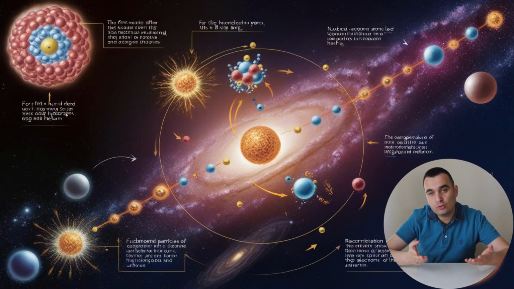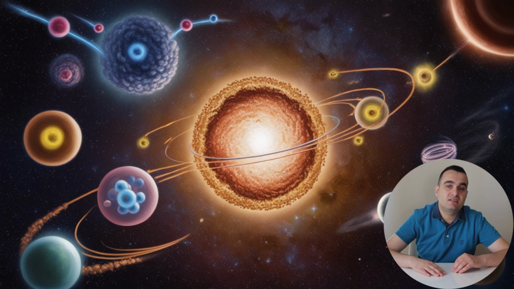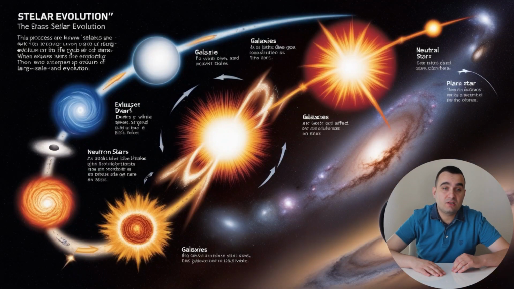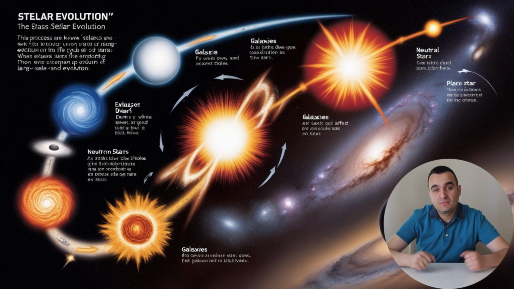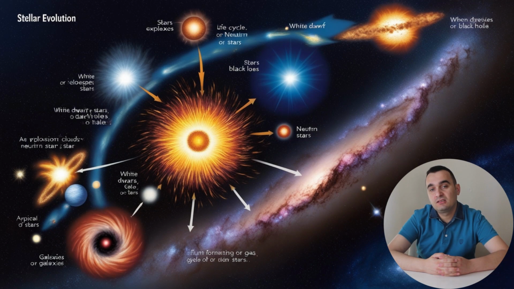Under the high temperatures and pressures within them, nuclear fusion reactions occur, turning light elements like hydrogen and helium into heavier elements like carbon, oxygen, and iron. This process is known as stellar evolution and dictates the life cycle of stars. When stars exhaust their energy, they end in various ways, as white dwarfs, neutron stars, or black holes. The explosion or collapse of stars affects the surrounding gas and dust clouds, leading to the formation of new stars